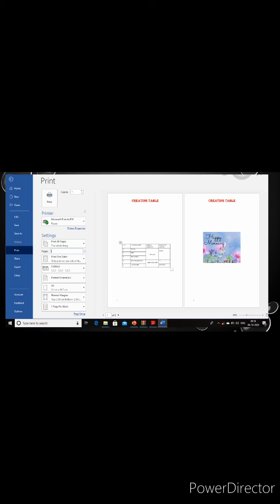It will ask whether we want to print all the pages. If you want all the pages, you can select this one. Or else, if you need a particular page, you can type the particular page number. Whether it's A4 size, whether you need normal margin or landscape orientation, you can select all those things. I created 2 pages, so I can have a look at the 2 pages' alignment. This is the print preview. In the next slide,